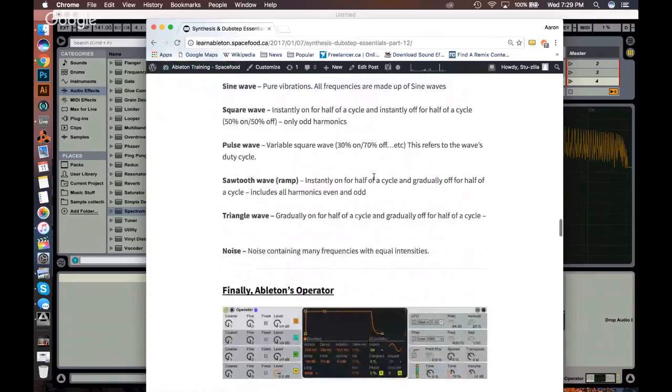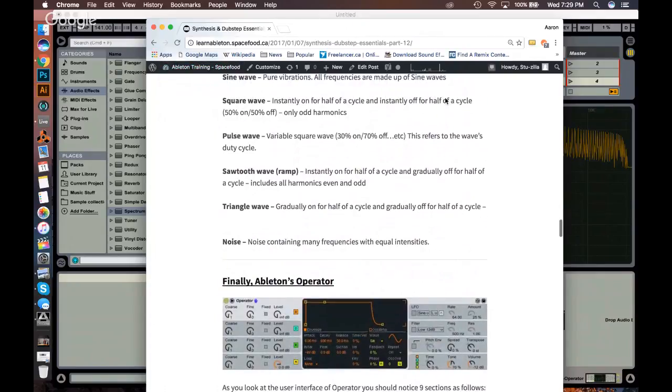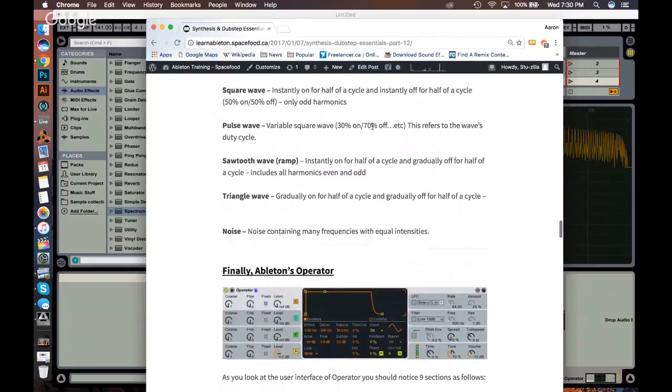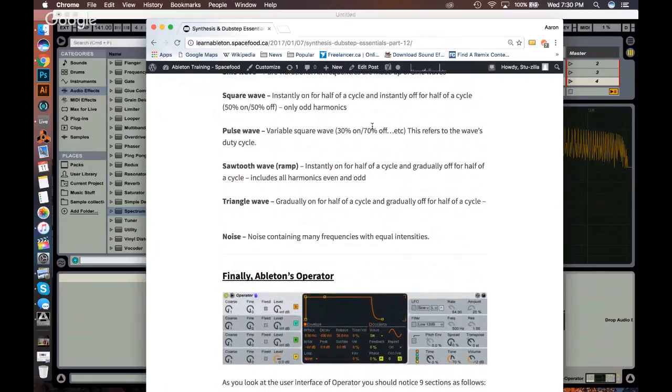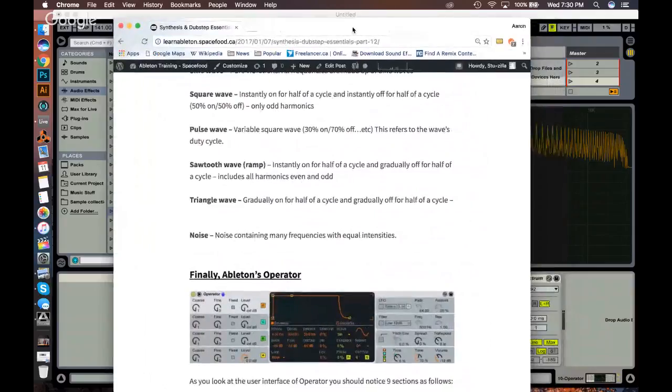So of course, we've talked about a sine wave, pure vibrations. All frequencies are made up of sine waves. Square waves are kind of an interesting wave because they have only odd harmonics. And when we use a square wave for a low frequency oscillator, it creates a very abrupt opening and closing sound. Kind of like if you listen to a siren or something going,